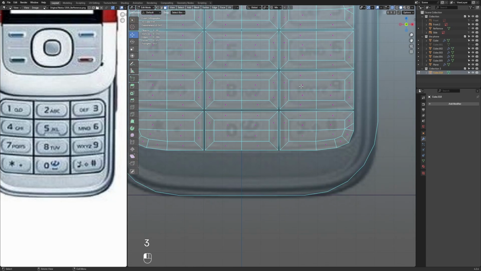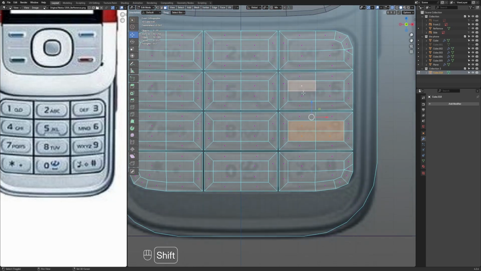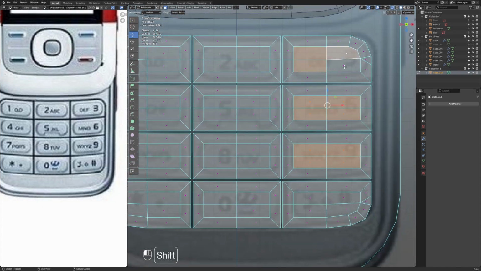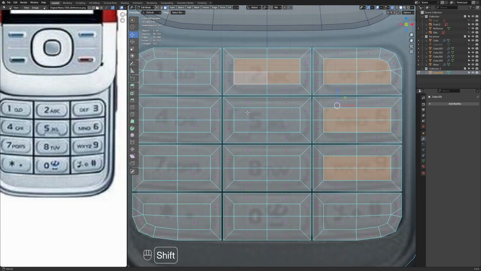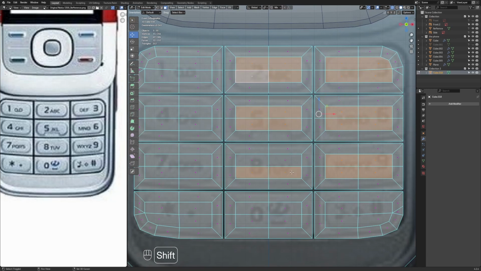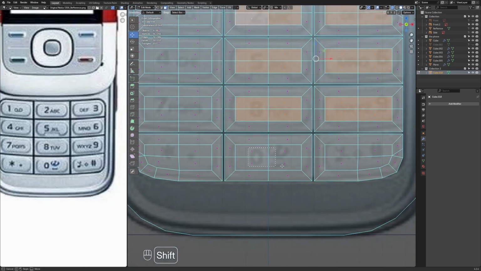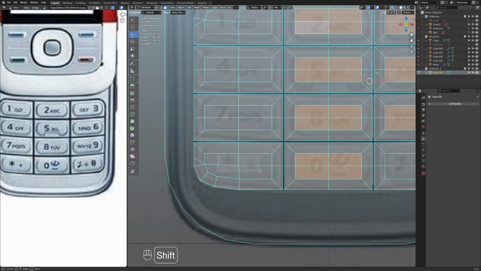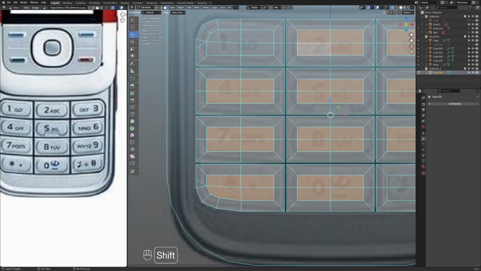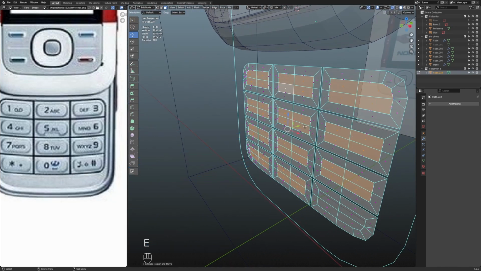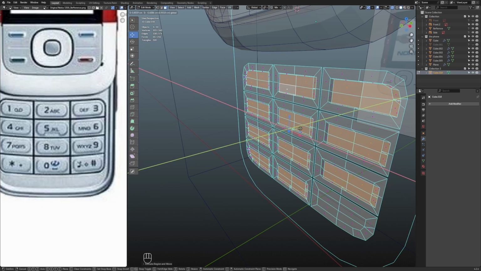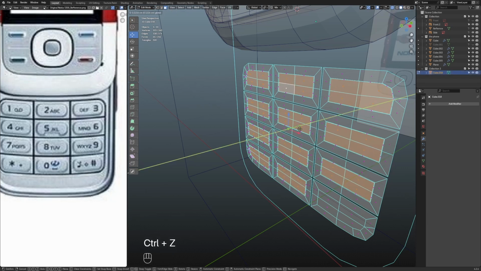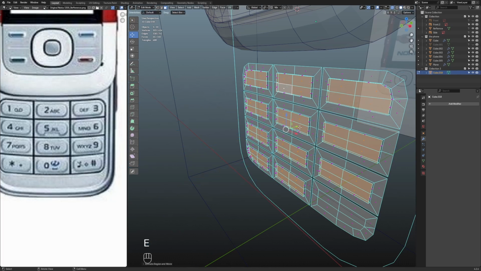And what I'm going to do is we can extrude this right now, or we could select all of this, and do another extrude,